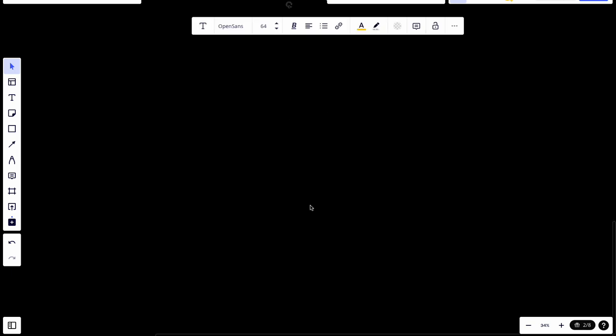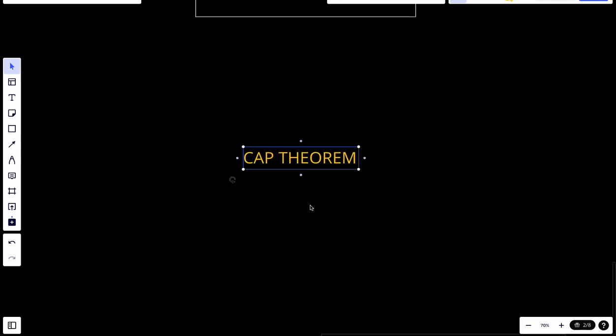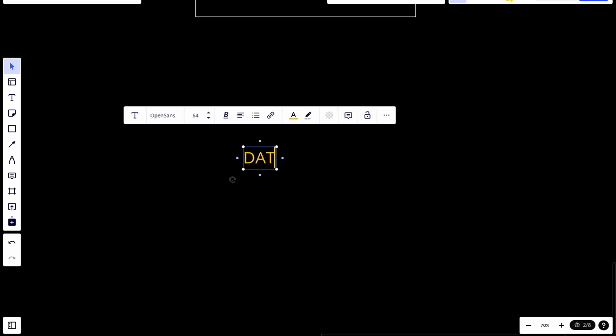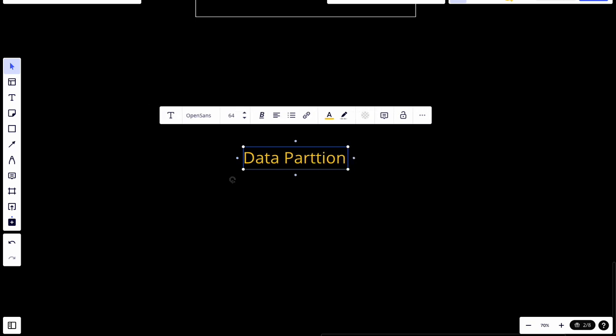Let me just cover it here. Data partition. So basically, let's start. What is data partition, or why do we need it? In distributed systems,